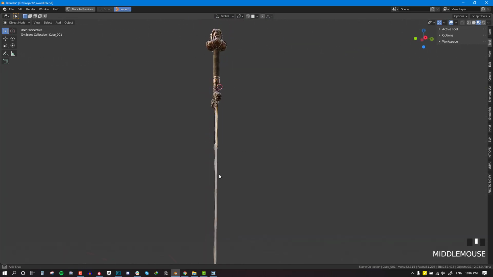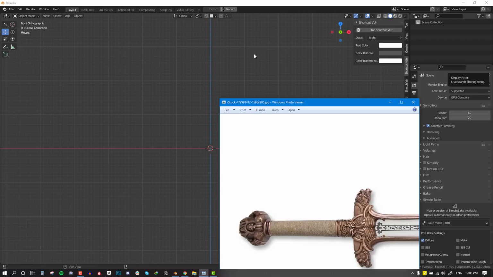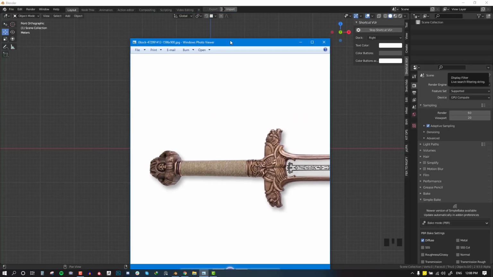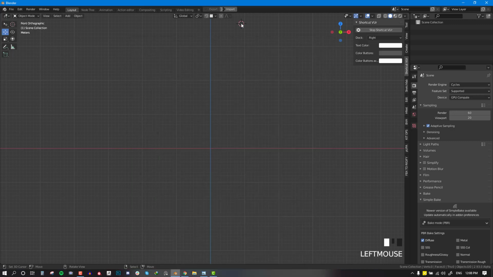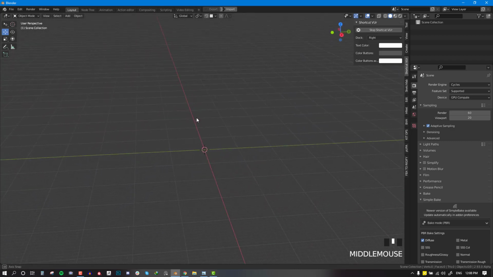So let's get started. First of all, we'll start by setting up the reference. Depending on the asset which you're trying to create, you might want to keep it on a second window or use applications like PureRef that allow you to set up your reference. But in this case, since we're going for more precise modeling, it's advised to use the reference right in the 3D viewport. So in Blender, the way you do that is you place your cursor in the 3D origin,